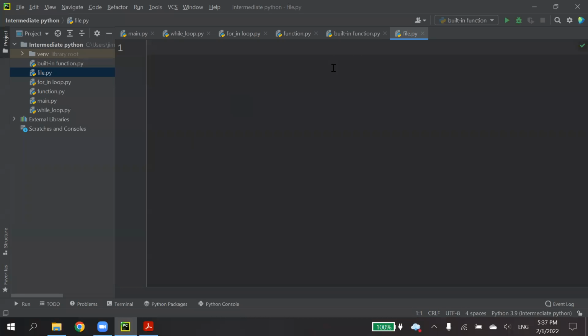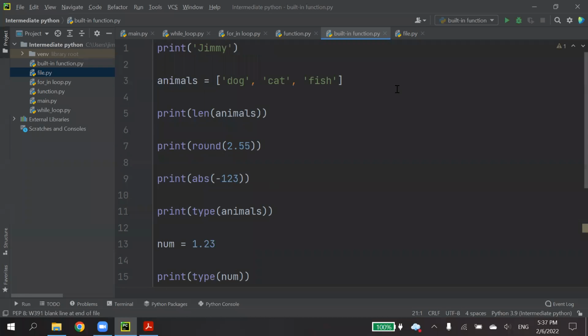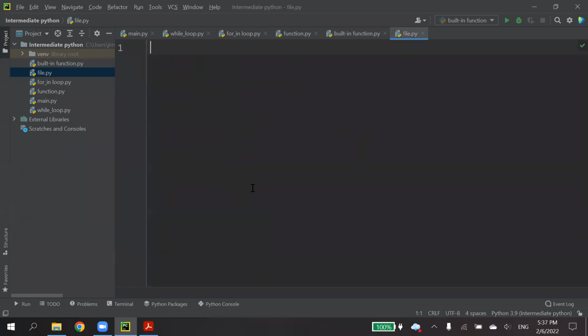Sometimes the calculation, the variable, the result, we don't want it to stay in Python only. Sometimes we want to extract it out. We want to save it permanently. So we can use file to save some simple information.